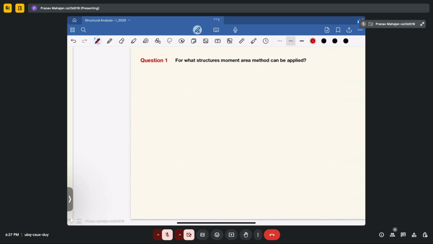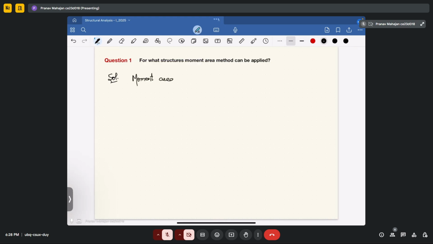Okay, so let's start some problems related to what we have covered regarding moment area method. So first question is, for what structures moment area method can be applied? So this is the basic question. So moment area method is suitable for